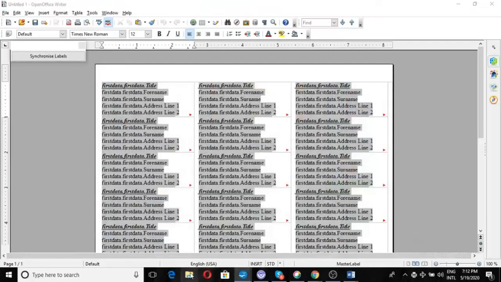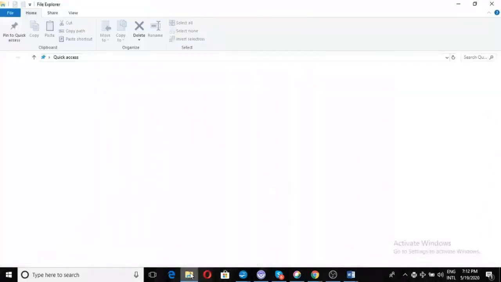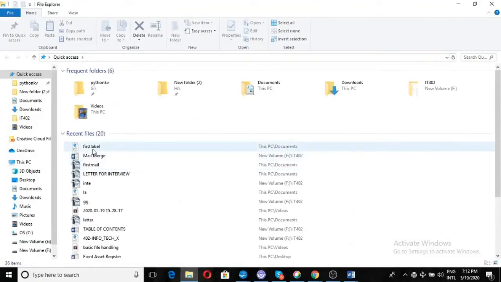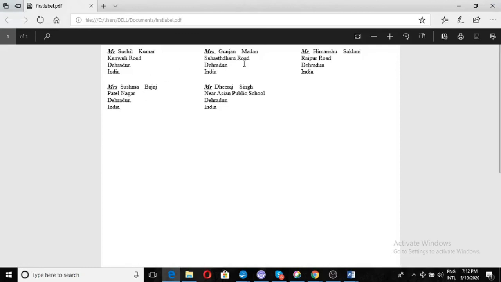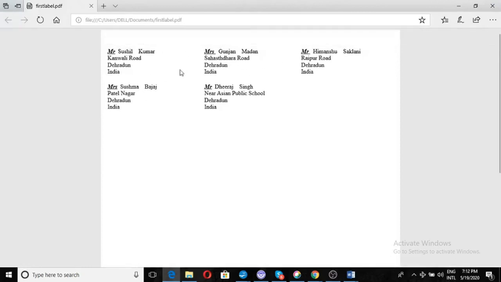I just see my labels. First label. So the labels are ready. I can just take the printout, cut them and paste it in my letters.